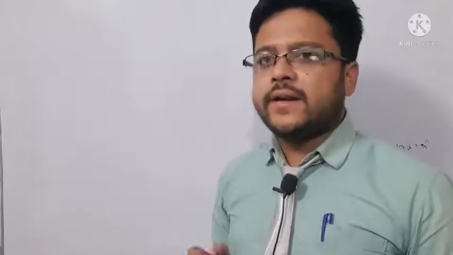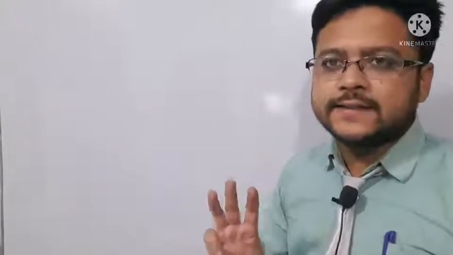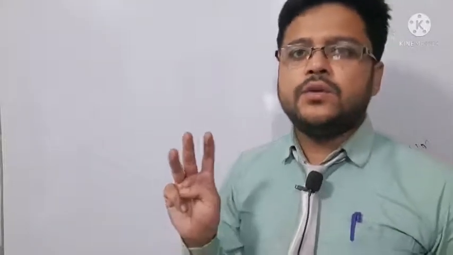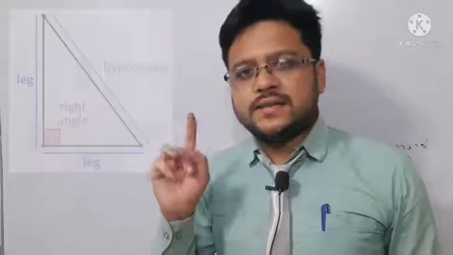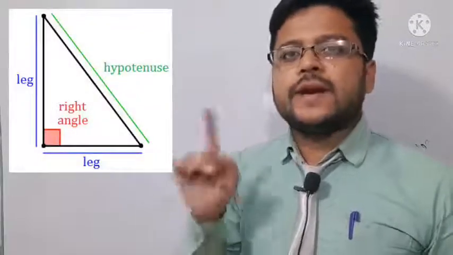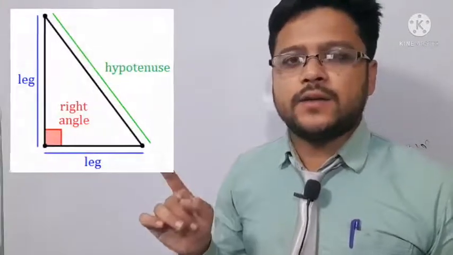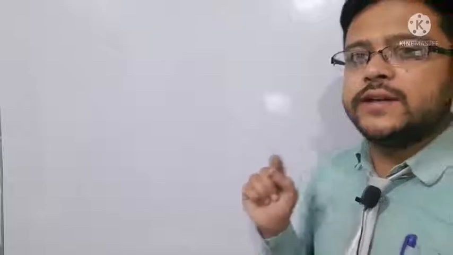Now in a right angle triangle there are three sides, namely base, perpendicular and hypotenuse. And you already know that the side opposite to the right angle is always hypotenuse. But now in the concept of trigonometry there is the entry of an acute angle named theta. Theta is a Greek letter like alpha, beta, gamma.